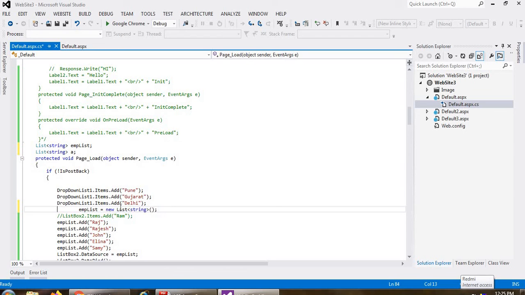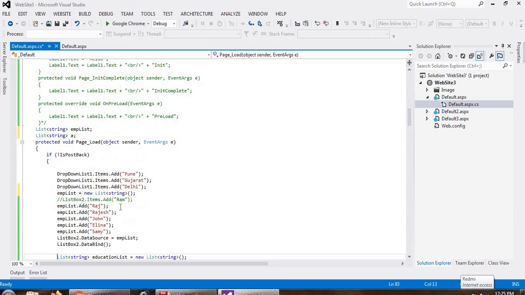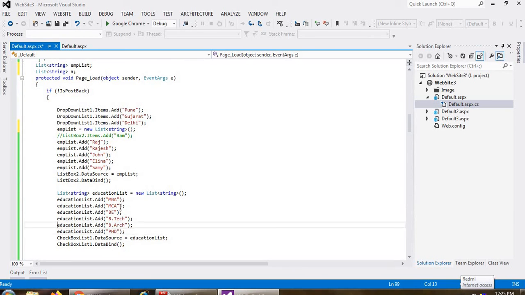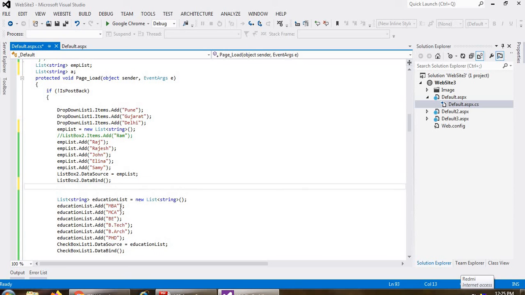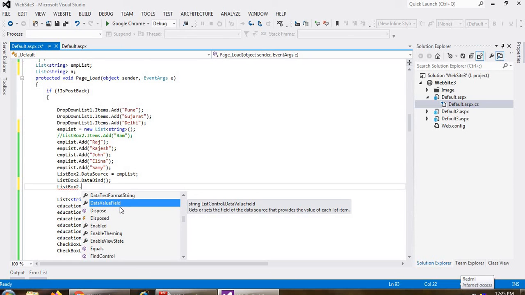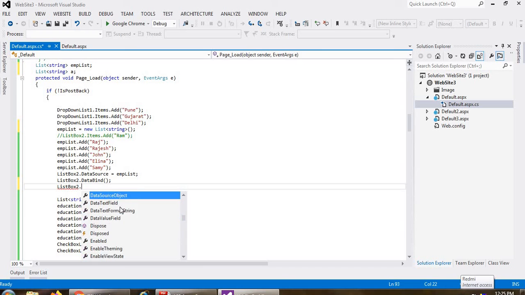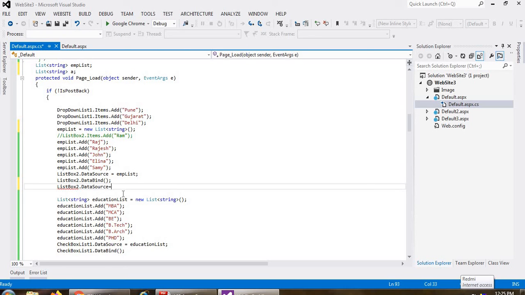Okay, right, and then the data source property is already there. If you write ListBox2 over here and press the dot, your data source property is there. You can see data source, and you set the data source property equal to your variable name, which is automatically displayed, emp list.